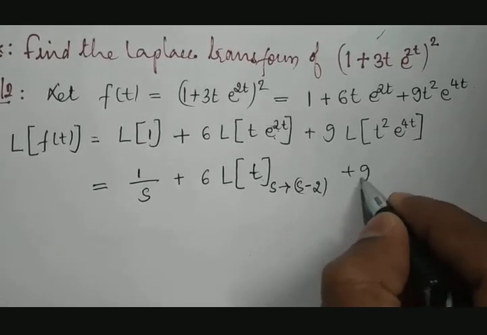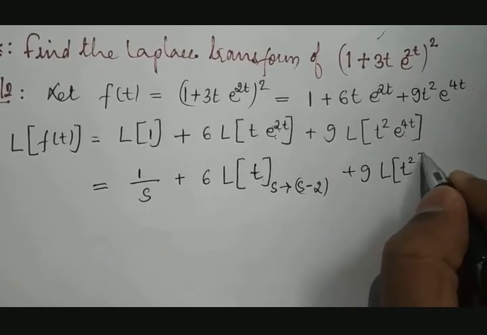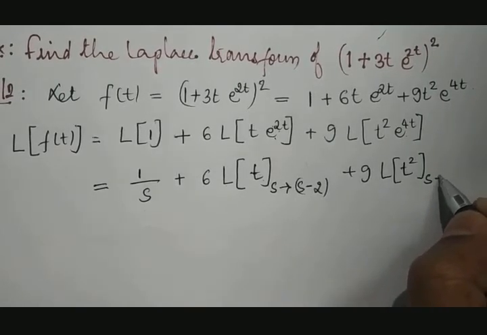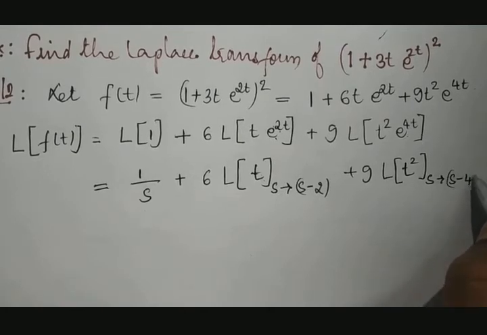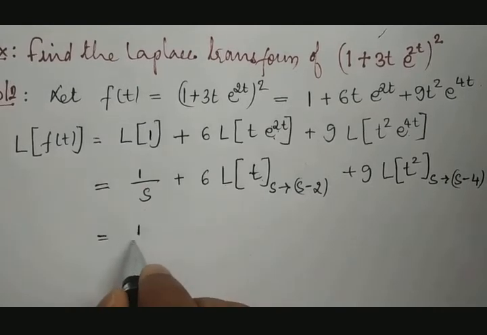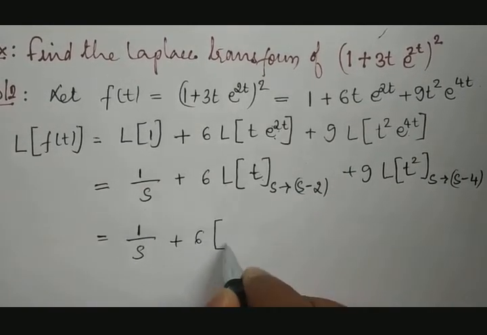Similarly, 9 times the Laplace transformation of t square, other than the exponential, will be taken. Where does this exponential go? It goes in terms of shifting, that is s is going to be replaced by s minus 4. Therefore this is equal to 1 divided by s plus 6 times